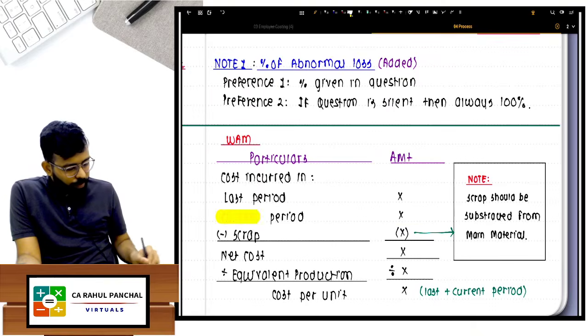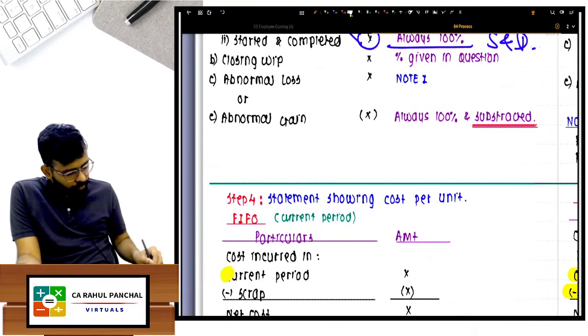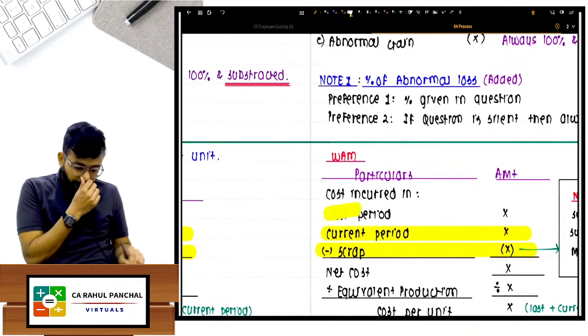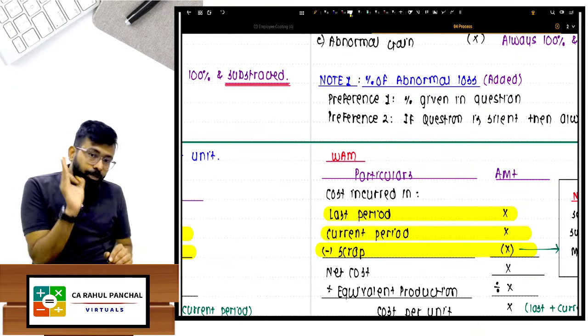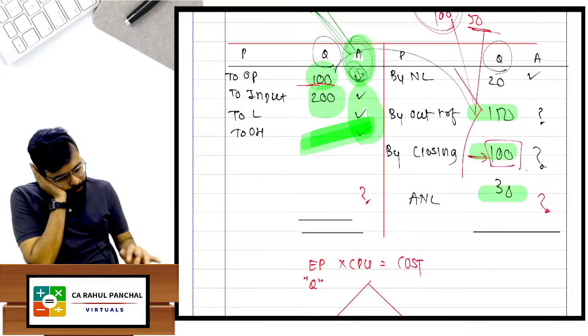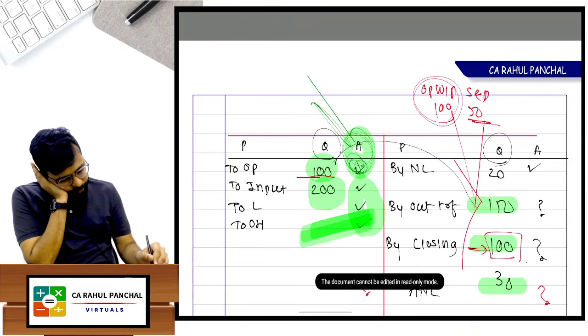So even here in cost, current period minus scrap will come, but one more cost will be added. You need total cost, right? Weighted average. So you will add last period's expense also. From where will it come? Last period's cost from here. In the question, one second,